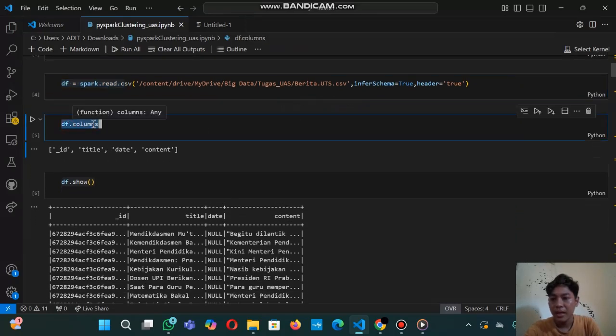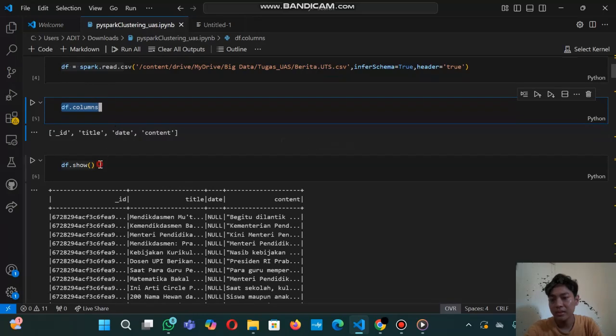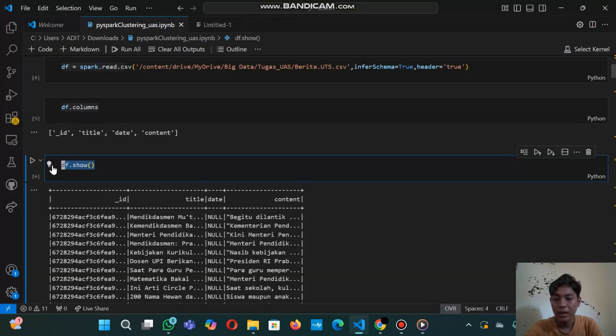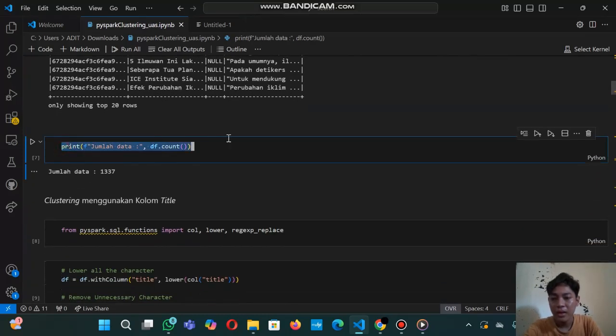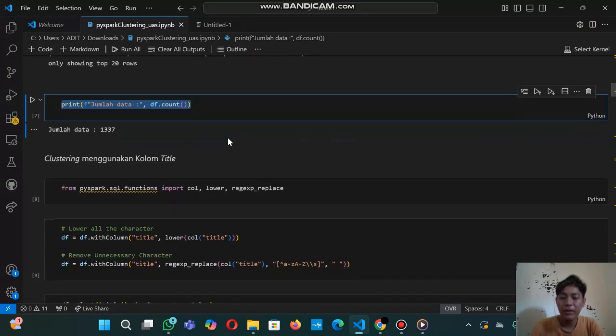Okay, next, df.columns is used to display a list of columns from the dataset. Next, df.show is used to display the first few rows of data in table form. Okay, next, this code is used to calculate the total number of rows in the dataset and print the result. Okay, for the next code,